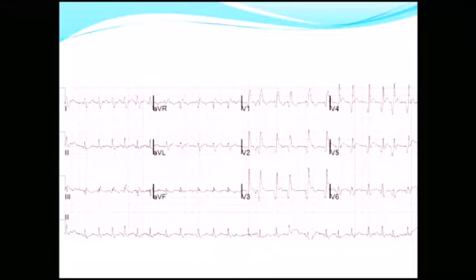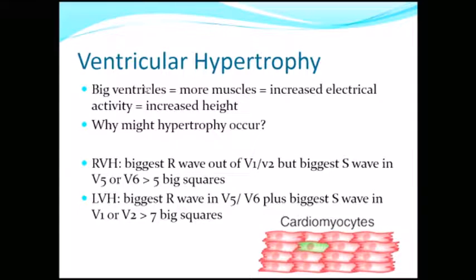What lead is closest to the right atria? V1, yeah? So if I want to look for right atrial abnormalities, I should be looking at lead V1 because it has the closest contact or the closest distance between the right atria and therefore best reflects whatever's going on in the right atria. All right, so ventricular hypertrophy is when you get big ventricles,